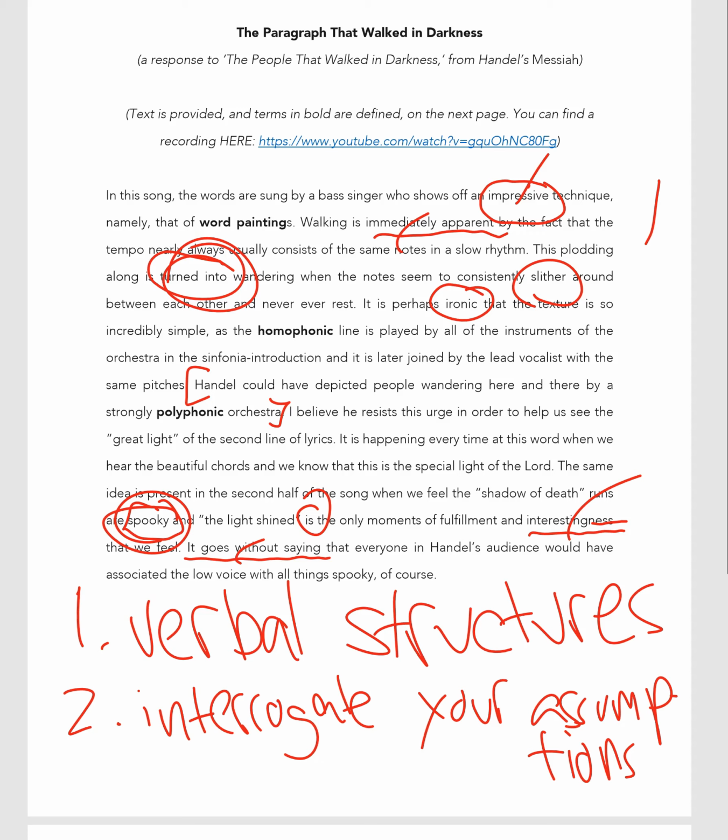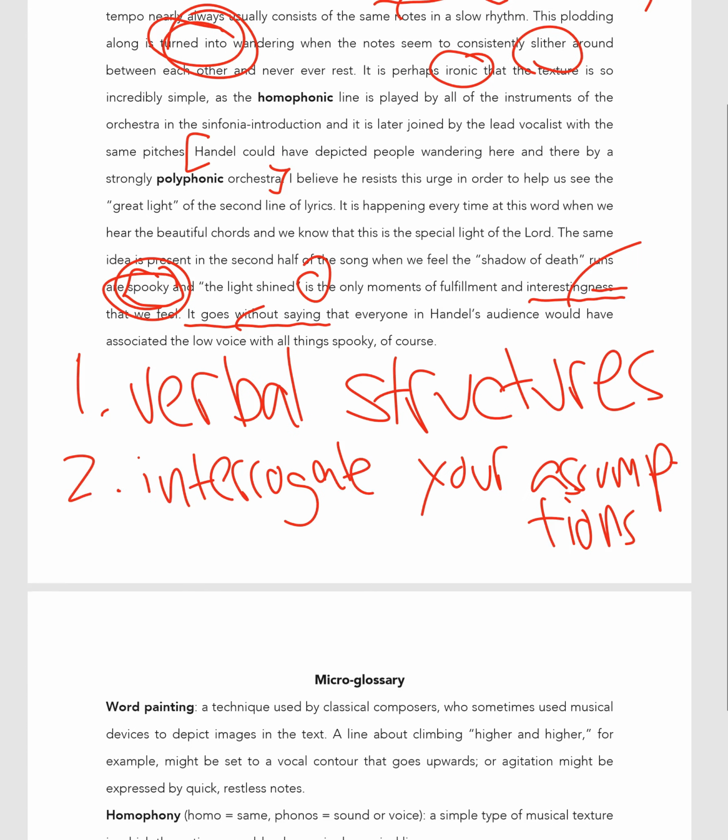you want to ask yourself, where does that come from? Is that something that is obvious to me, but I need to explain to my reader? Is it something that is obvious to all listeners of a given culture? Really, what makes me think this? What makes me hear it this way? What am I reacting to? You want to ask yourself about your own assumptions. And finally,